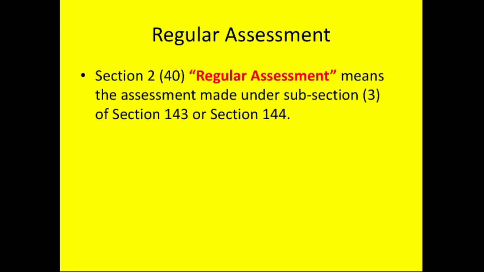In the case of regular assessment or under section 144, it states about best judgment assessment, where any person who fails to make the return required under subsection 1 of section 139 and has not made a return or a revised return as per section 139 subsection 4, or revised return as per section 139 subsection 5, or he fails to comply with the terms of notice which has been issued under section 142 subsection 1, or has failed to comply with the direction issued under subsection 2A of section 142, or that person having made a return but fails to comply